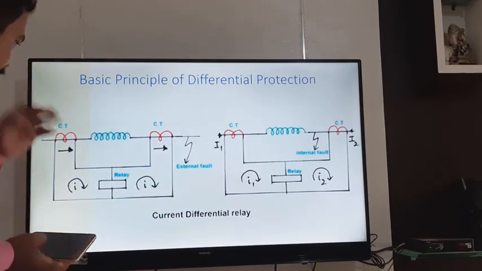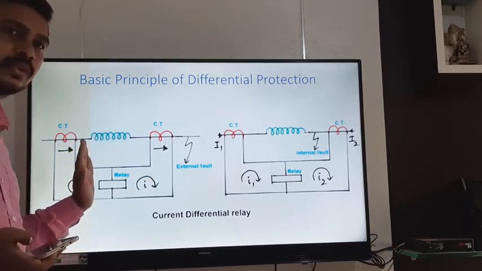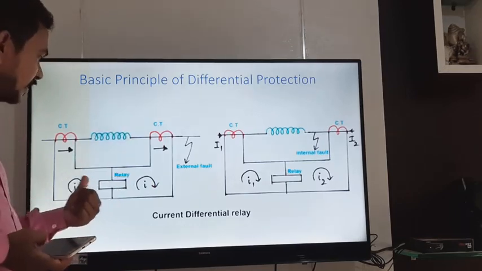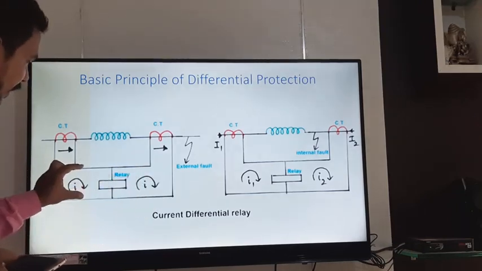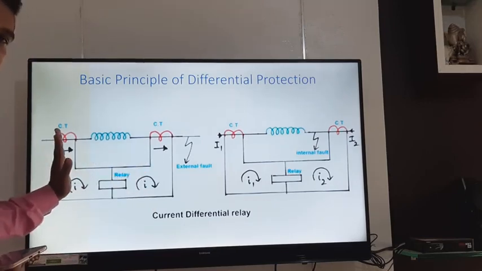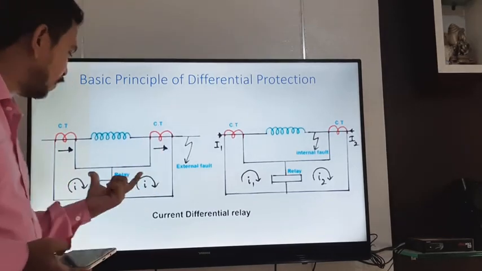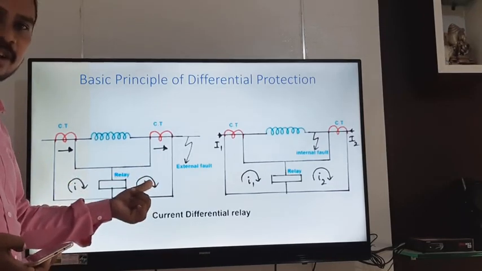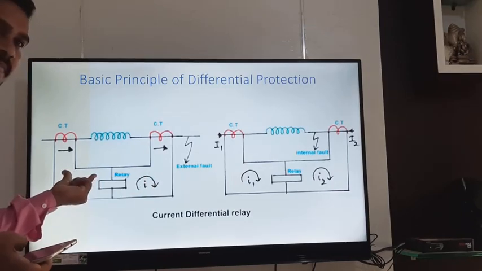Okay, so what happens? Here the length is less, here the length is more. Resistance R is equal to rho L by A, in which rho and A are constant, so resistance is directly proportional to length. Length L1 is less, that means resistance R1 is less; length L2 is more, so resistance R2 is more. So we can say that R2 is more, that means the current flowing through this pilot wire is less, and the current flowing through this pilot wire is more.